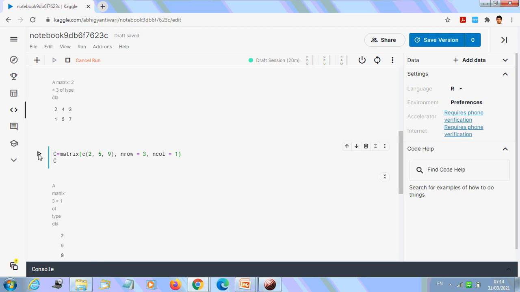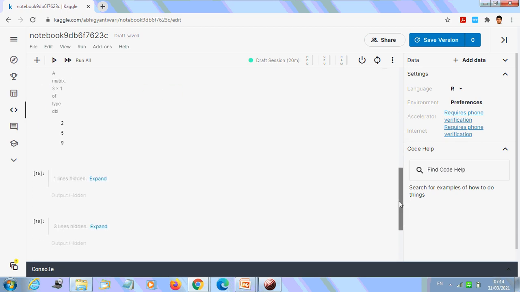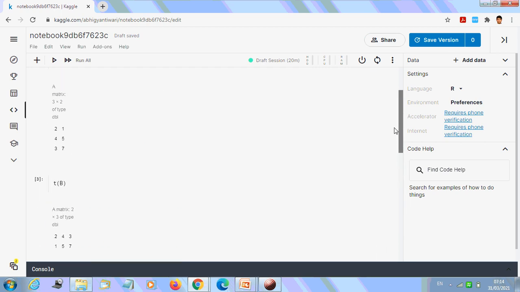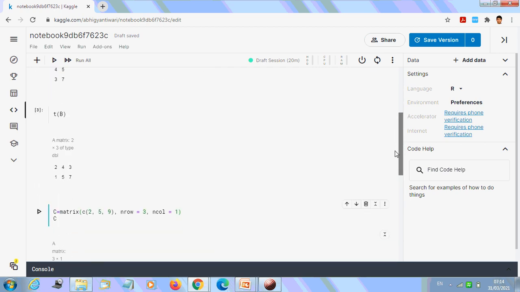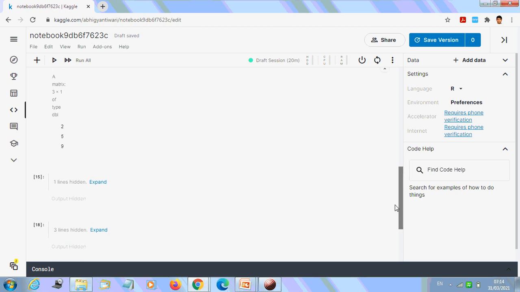This is very simple. I have made this because I want to bind it with B. The matrix names are B and C.